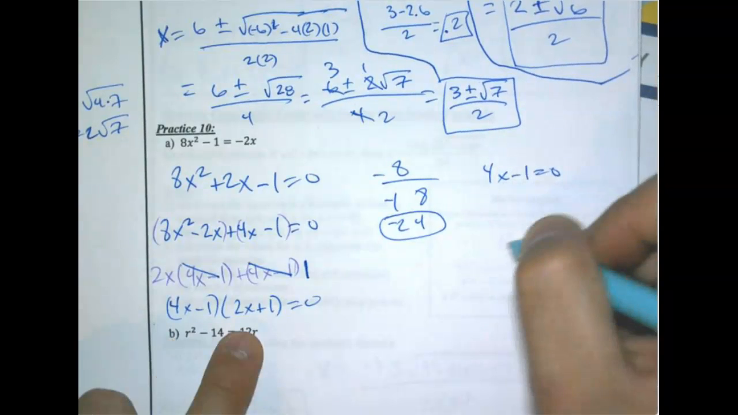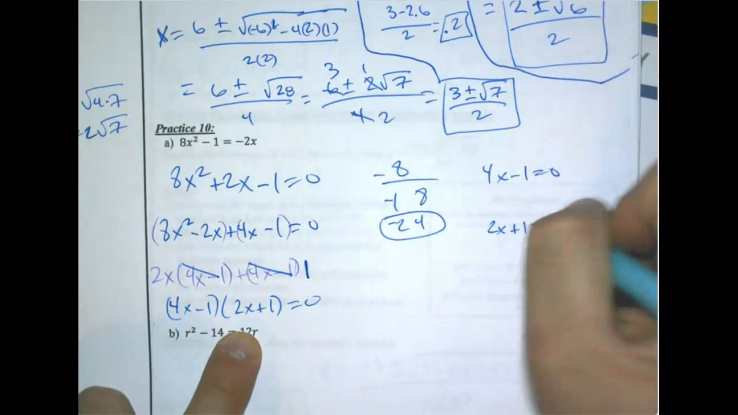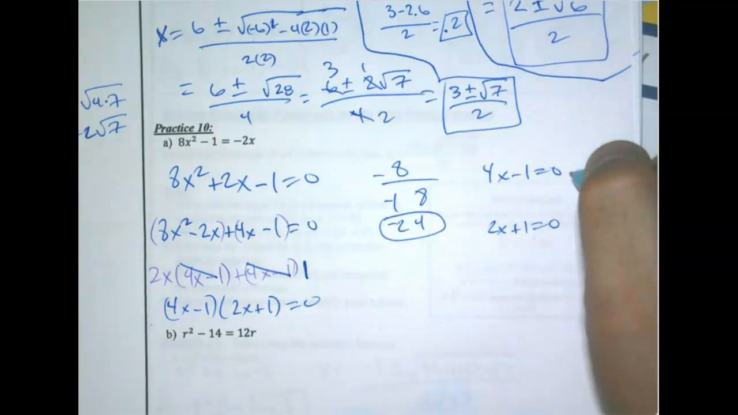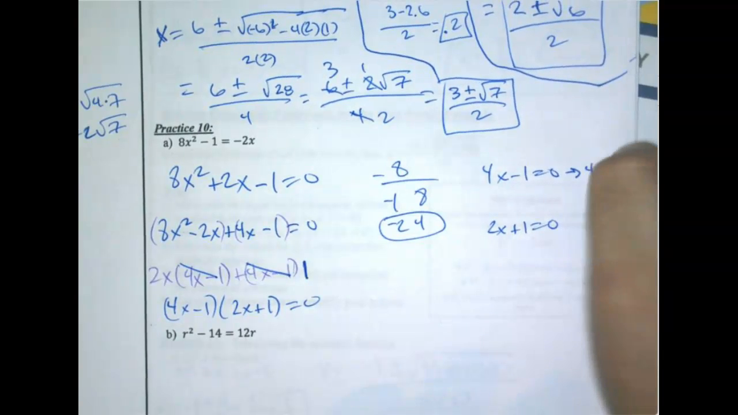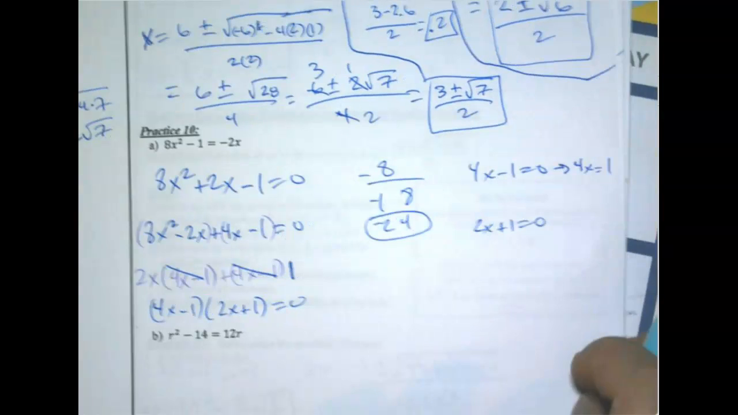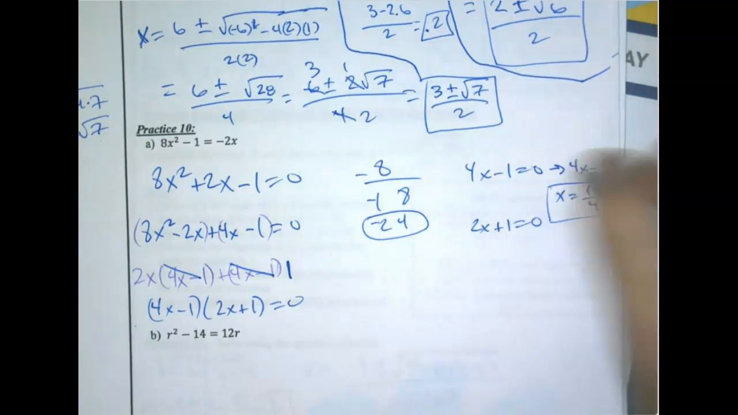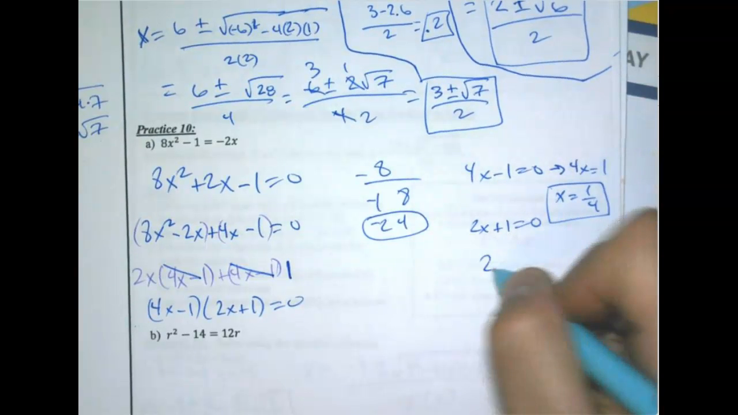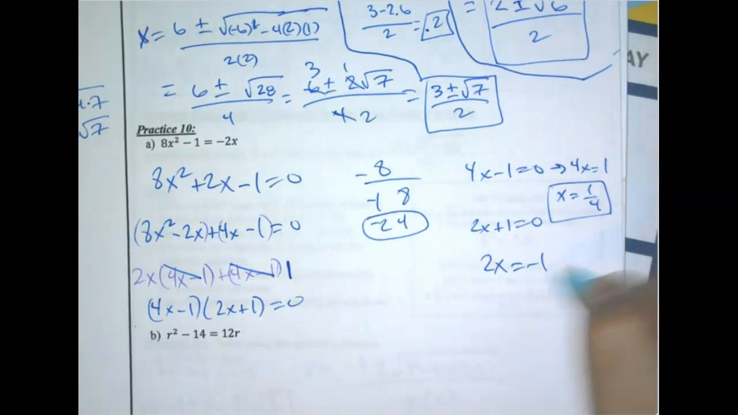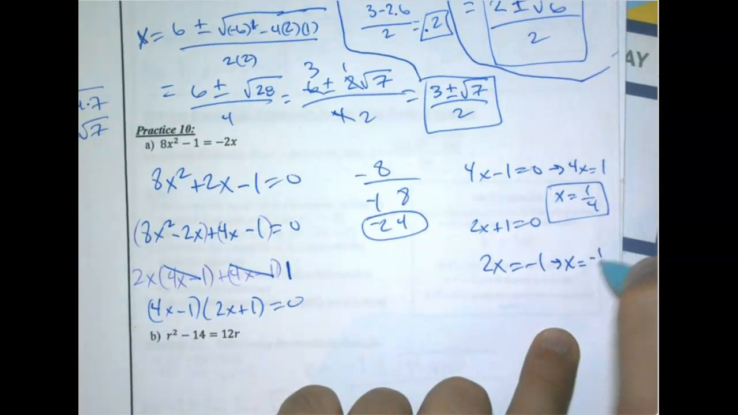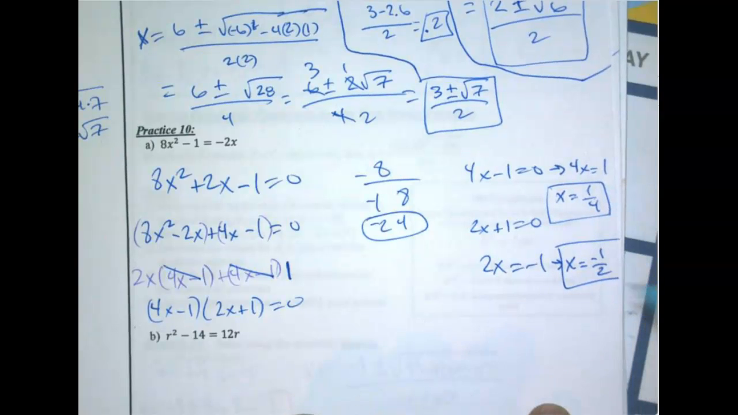4x minus 1 equals 0. 2x plus 1 equals 0, and then here, add 1, 4x equals 1, and then divide by 4, so x equals 1/4. It's one of my answers. And on this one, subtract 1, divide by 2, and x equals negative 1/2 is my other answer. So 0.25 and negative 0.5 if you